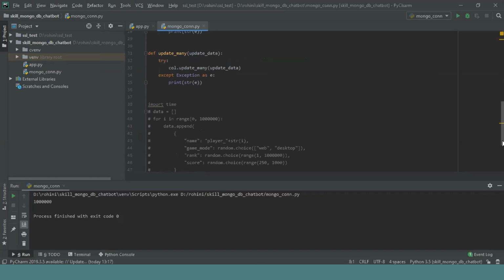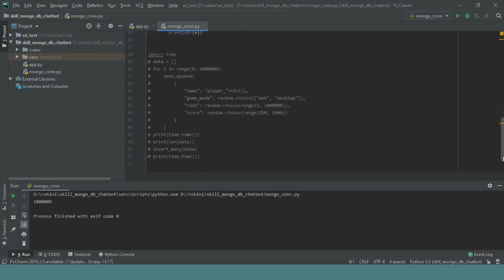I've commented this part because for this session, I've already prepared 1 million records, and I've inserted them into the database using insert many, which means